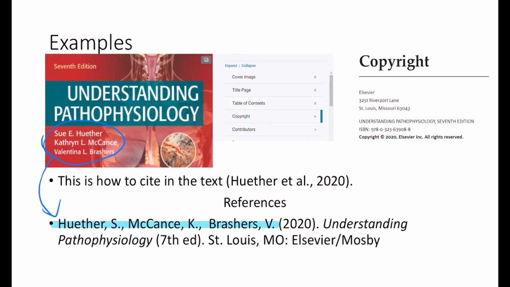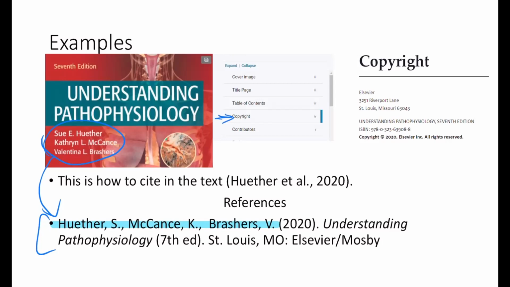Next thing you're going to put is the year that the source was published. If you're using your textbook, by the way, you can just copy and paste this and use it for your textbook. If you're citing your textbook, just do it exactly like this. Usually if it's an online book, it'll be in this copyright information.